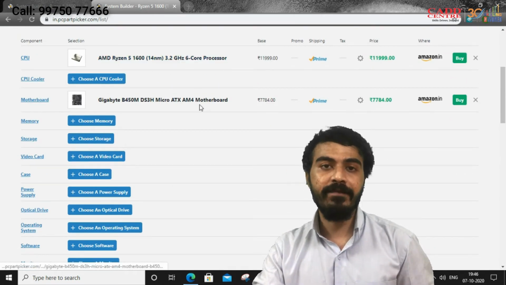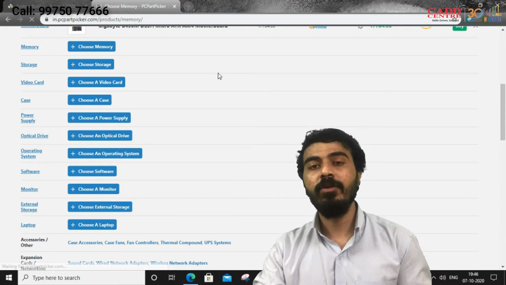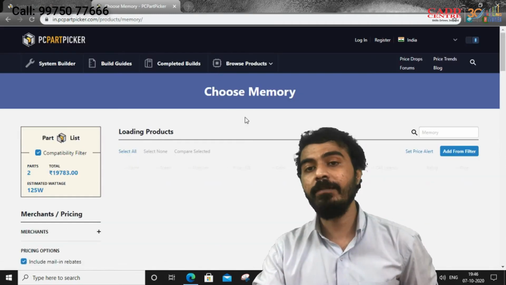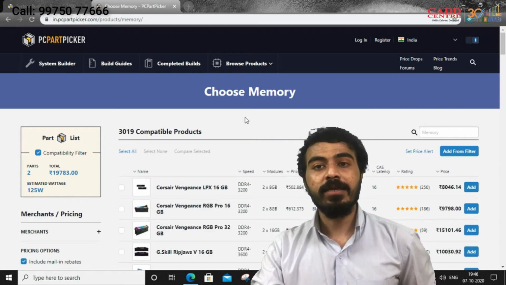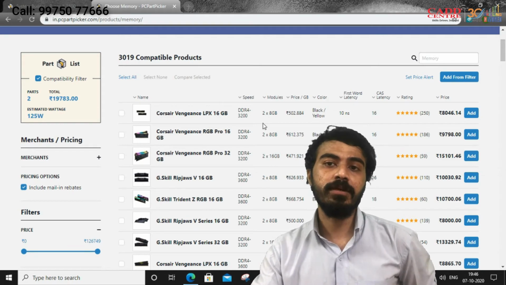Now we have to add RAM. Just click on memory. Now we have 4 slots. If you are using software for simulation, or you need a video editing app, you can use RAM up to 16 GB. Correct.